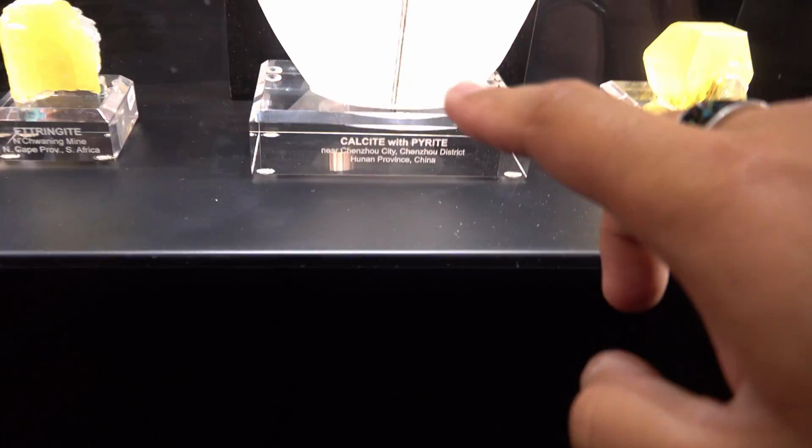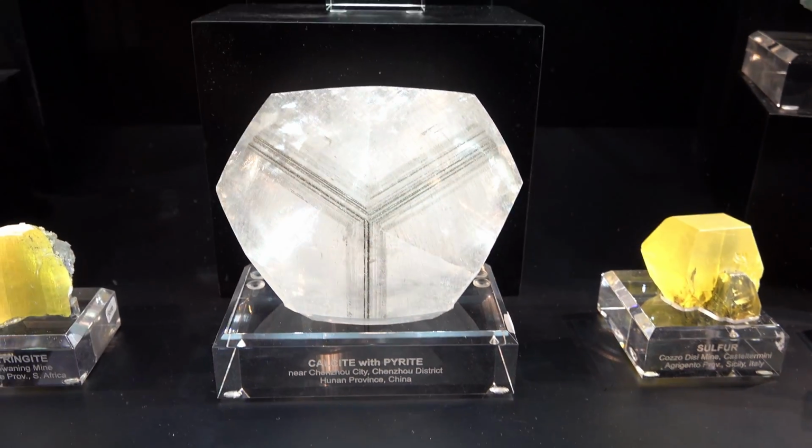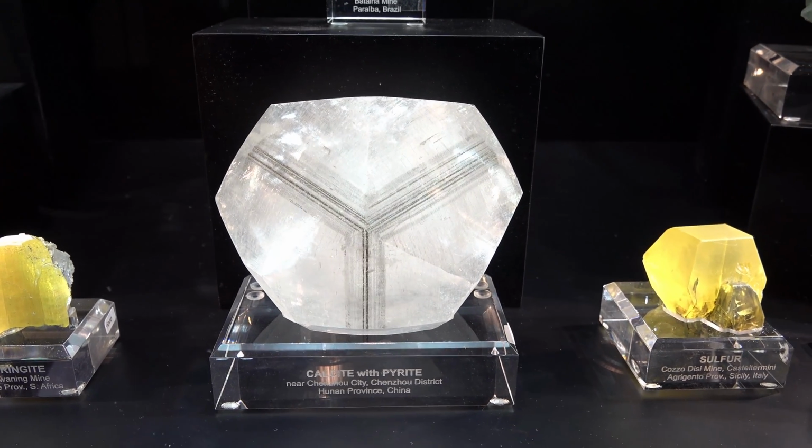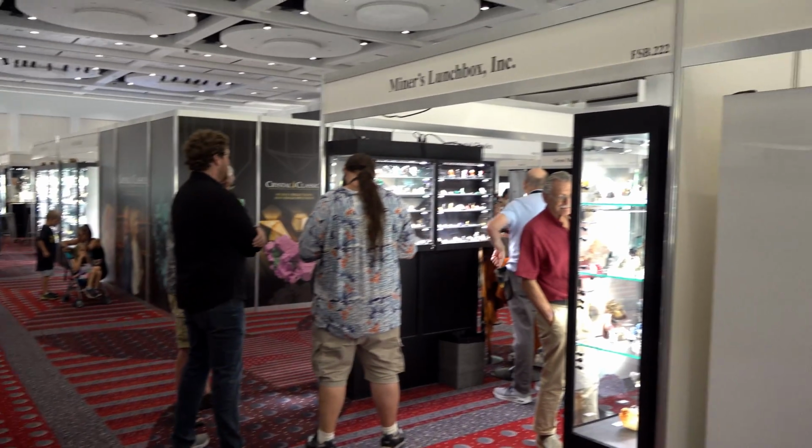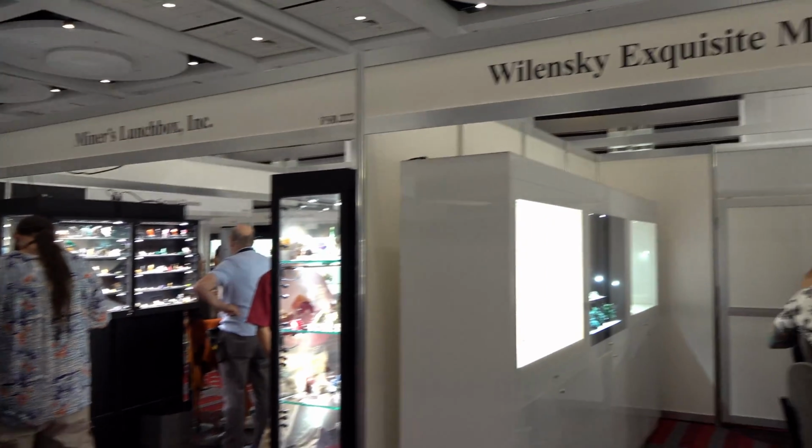And that's what I'm talking about. They had these calcite with pyrites. They're amazing. All right, guys. I'm moving on here, and there's a lot to see, but this right here,